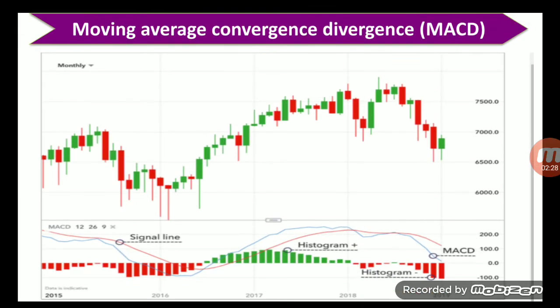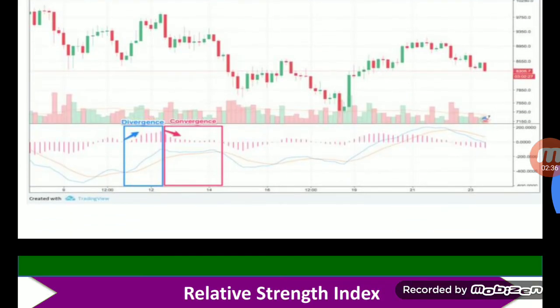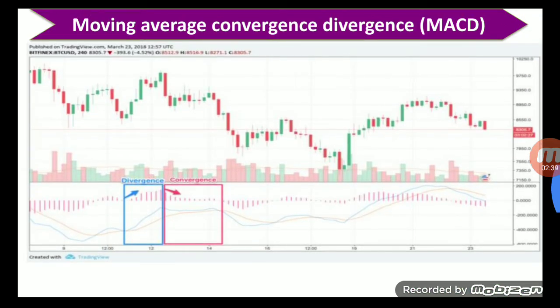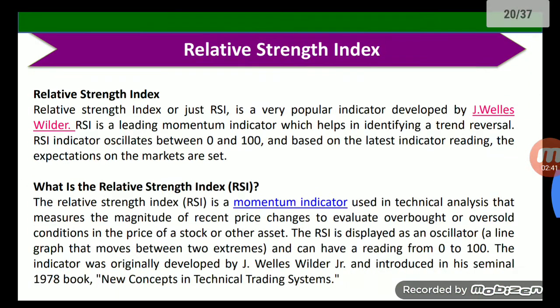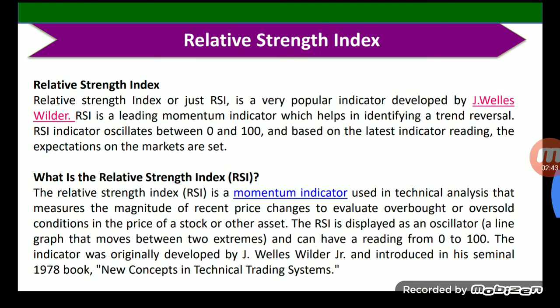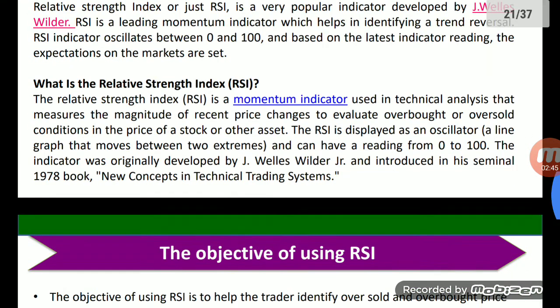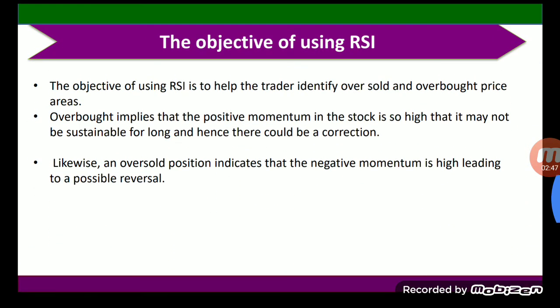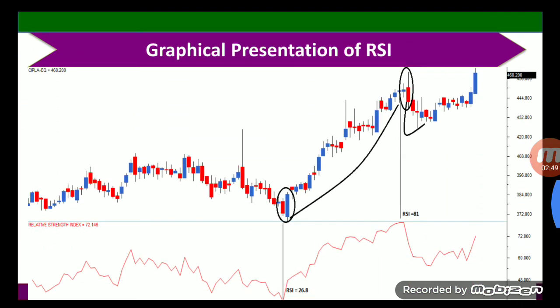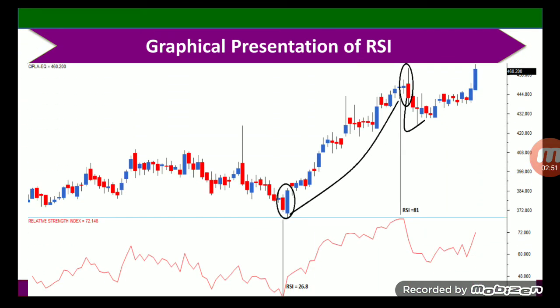We can see on the graph, we have also explained how to read it. And convergence and divergence situations we have seen. A relative strength index also we have discussed in the previous lecture. The objective of using RSI, and the graphical presentation of the RSI, and how to read it,